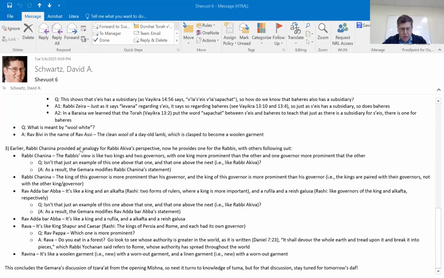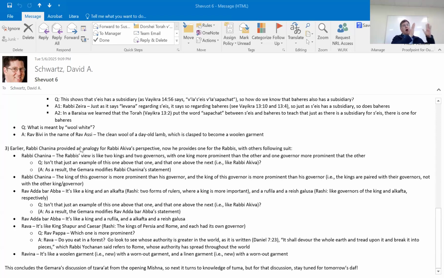And Ravina offers the fourth and final situation. He suggests the following. It's Kagon Glima de Amar Vishachake, that it's sort of like a wool garment and a worn out version. Sedina de Kisna Vishachake, and it's like a linen garment and a worn out version. Again, this doesn't require any thoughts about royalty. The idea is that you have